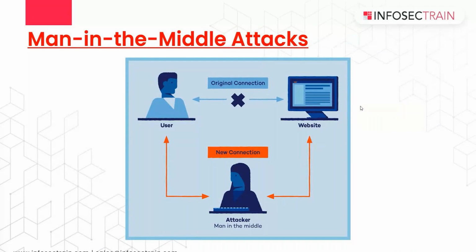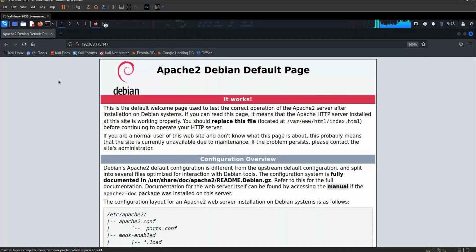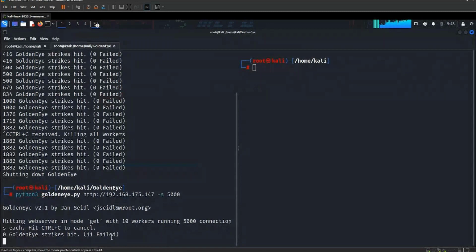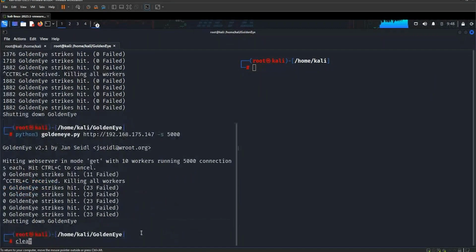Now next is man in the middle attacks. What do you mean by man in the middle attacks? Now let's say I want to do a man in the middle attack, right? So